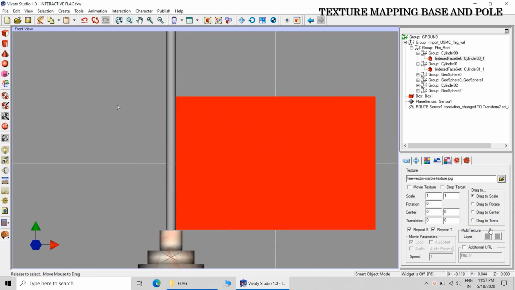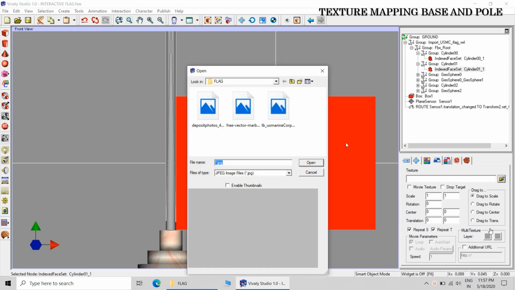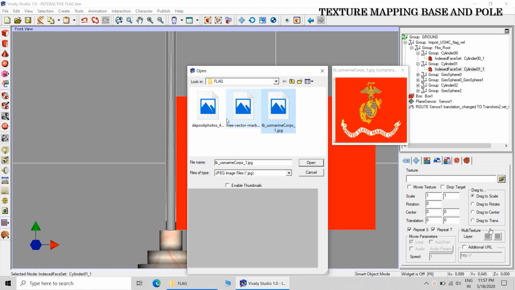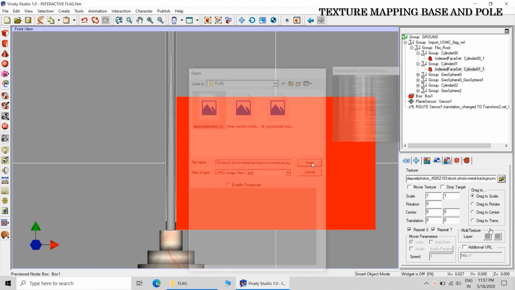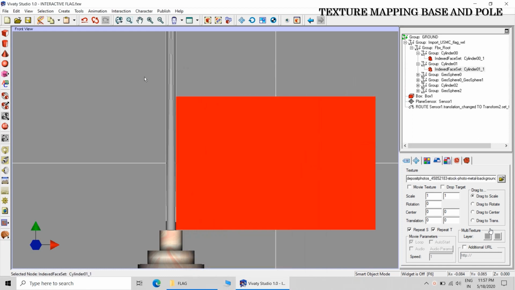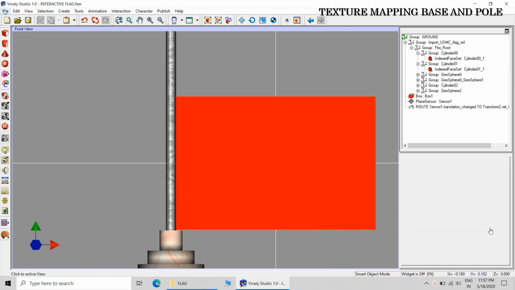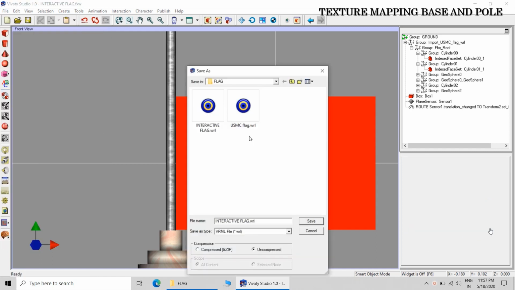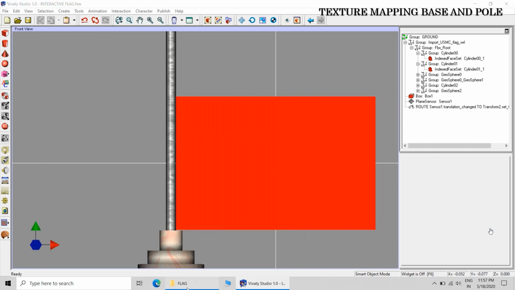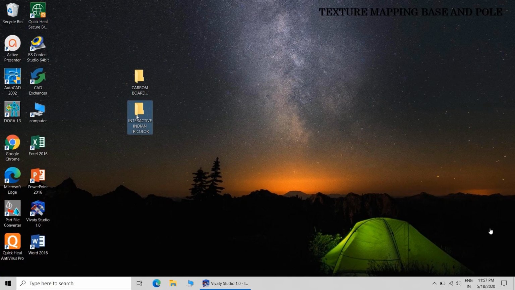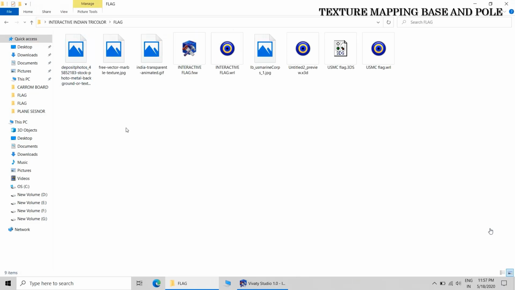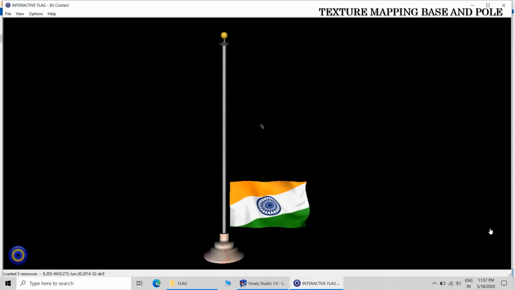So it will look like it is made up of marble, and here actually I want shining metal texture. Yes, that I want to apply to the post. And then you can see that now the post and the base have become attractive. So I have applied shining metal texture to the post. They have become attractive now.